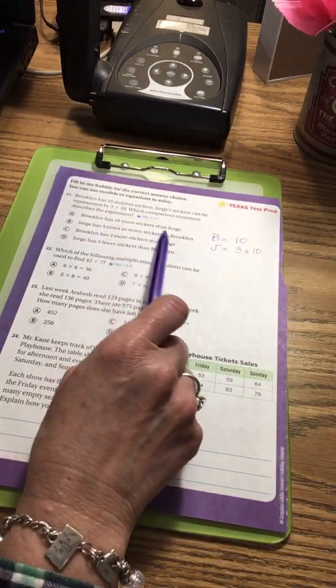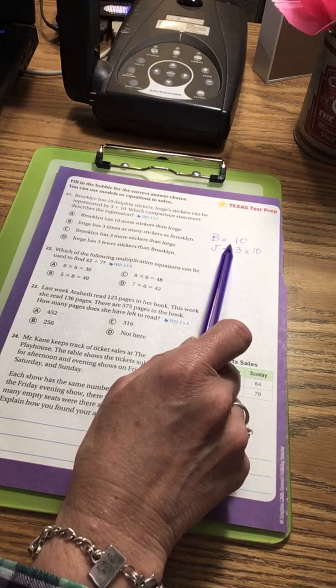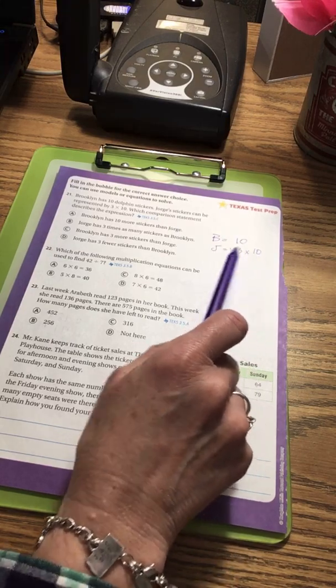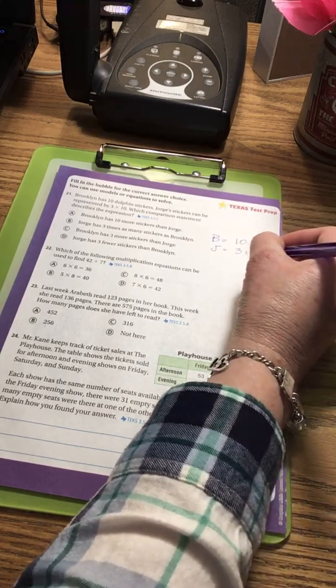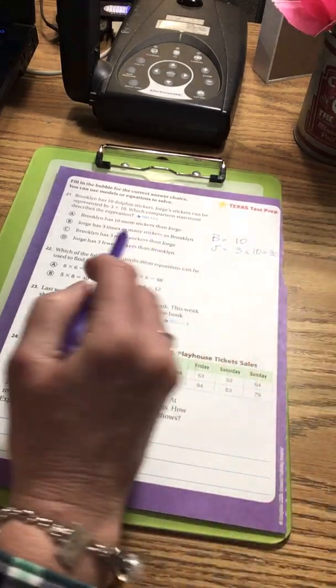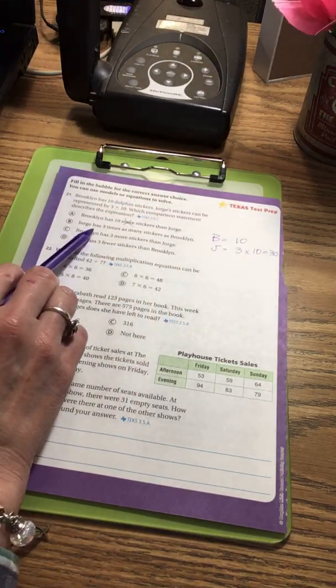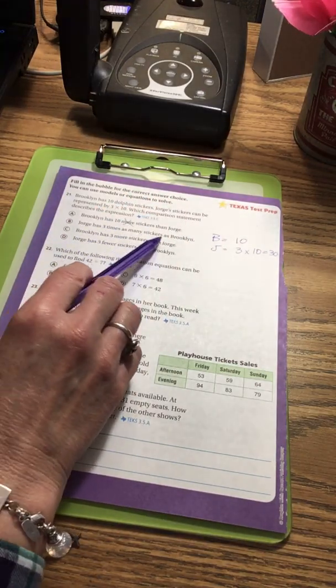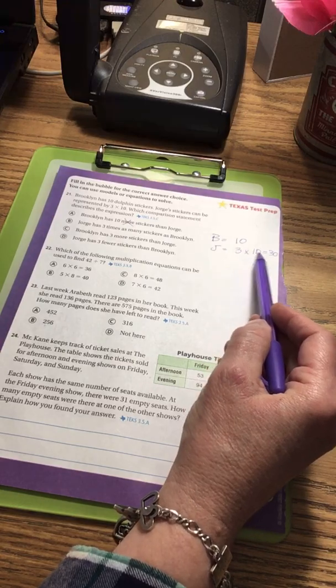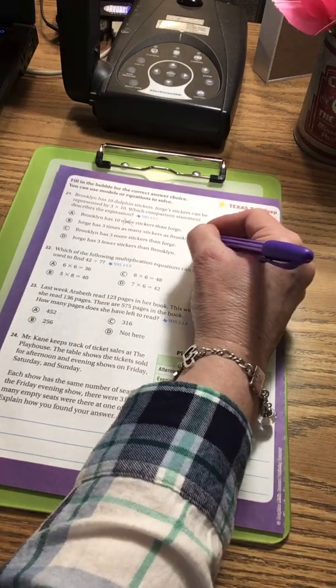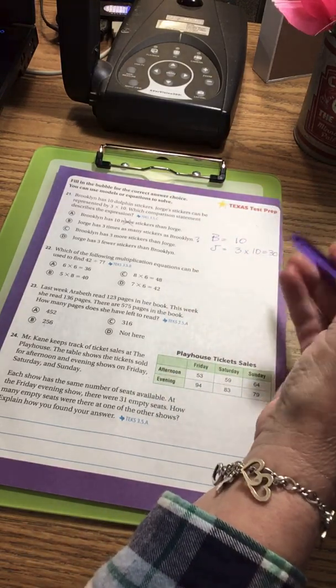Brooklyn has 10 more stickers than Jorge. Is that 10 more than what Jorge has? No, Jorge has a whole lot more. Jorge actually has what? 30 stickers. That's not it. Not 10 more. How about Jorge has 3 times as many stickers as Brooklyn? Well, 3 times 10, is that how many Brooklyn has? And he has 3 times more? That looks like it may be the right one, but we're going to double check the others just to make